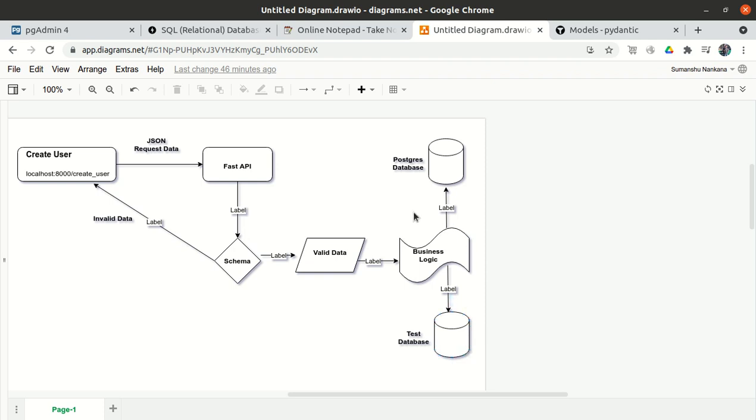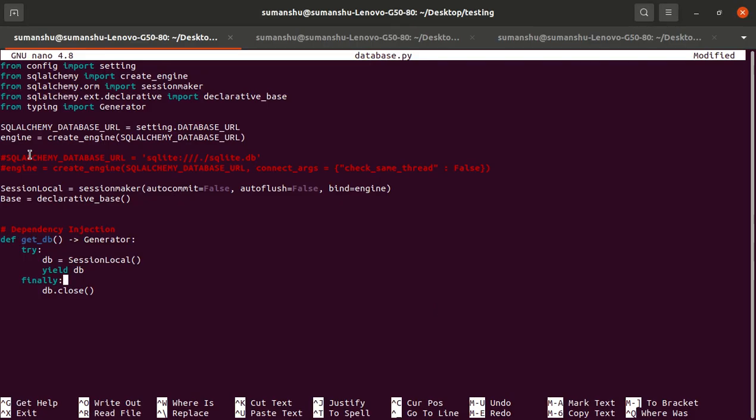So it should not use this particular session, because this session is for the production database and this session is for the test database. So we created one session. For the particular session class, we are creating a session object, or you can say the database object, DB object. This is basically an object of the session, and using the DB we will perform all the operations. So it is not a database, it is basically a session object.